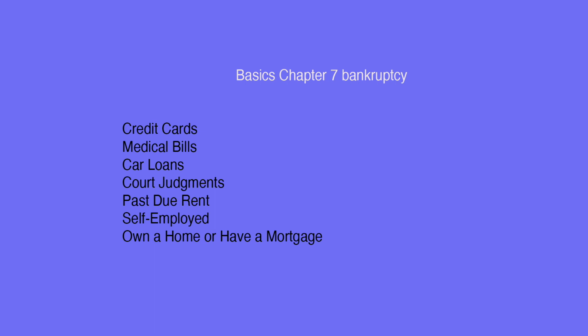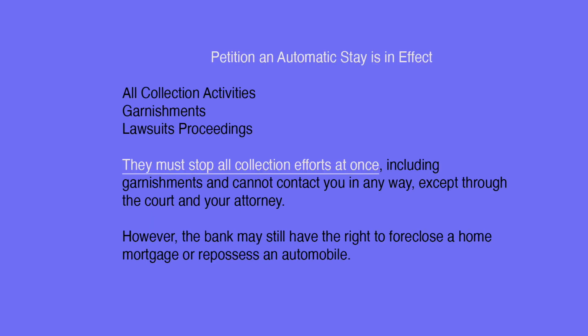Chapter 7 bankruptcy yourself. Once you file your bankruptcy petition, an automatic stay is in effect. The automatic stay protects you from all collection activities, garnishments, and lawsuit proceedings that your creditors would otherwise attempt. They must stop all collection efforts at once, including garnishment, and cannot contact you in any way, except through the court and your attorney. However, the bank may still have the right to foreclose a home mortgage or repossess an